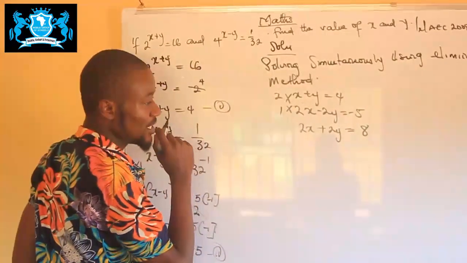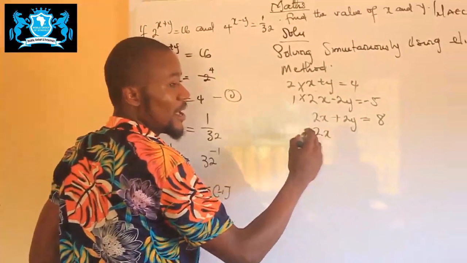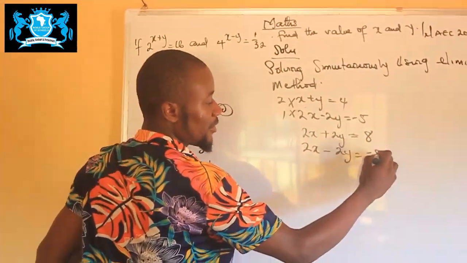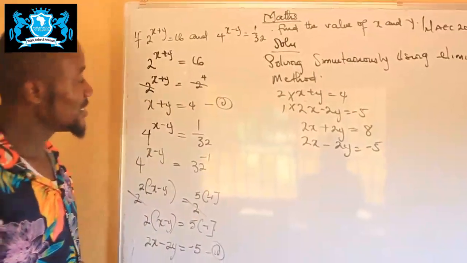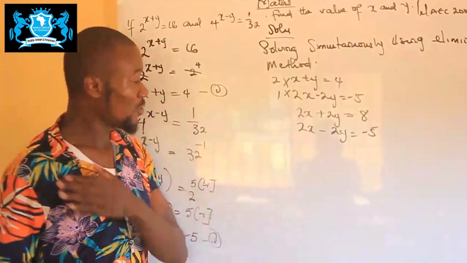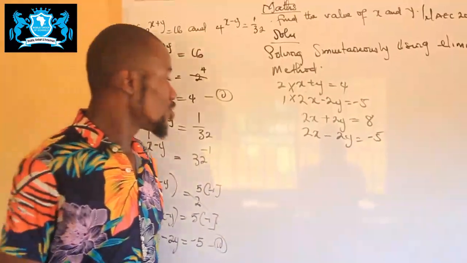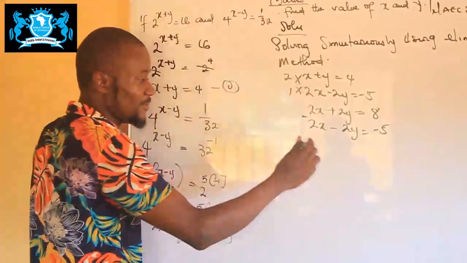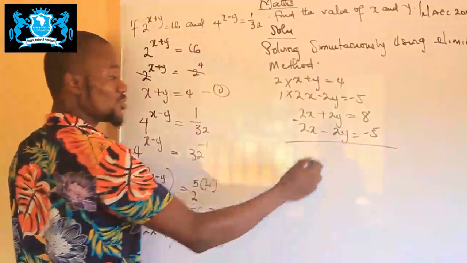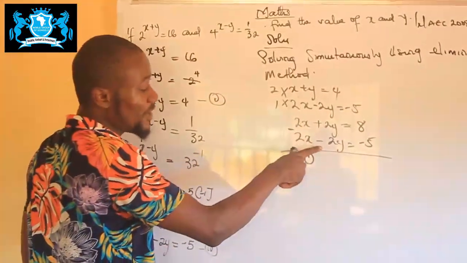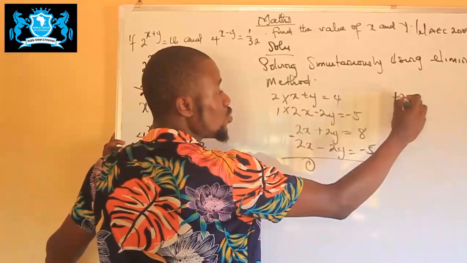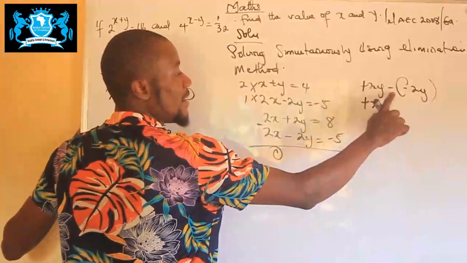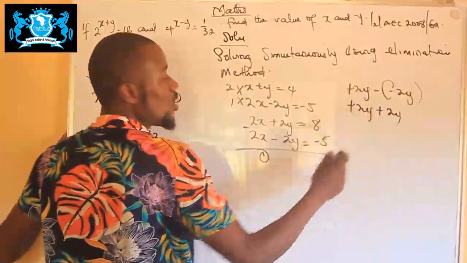And then again, go to the next one. You have 1 times 2x is 2x minus 1 times 2y is 2y is equals to 1 times minus 5 is minus 5. Now, you notice that the coefficient of x in equation 1 and equation 2 are now the same. So with this, you can now put your minus. Minus will be the only sign that can remove this x. So when you say 2x minus 2x, you now have 0. Now the minus will affect the 2y here. So you have plus 2y minus 2y, and we have plus 2y, minus times minus is plus 2y. So 2y plus 2y